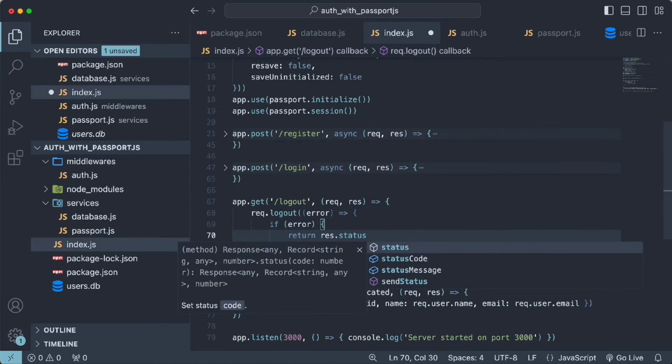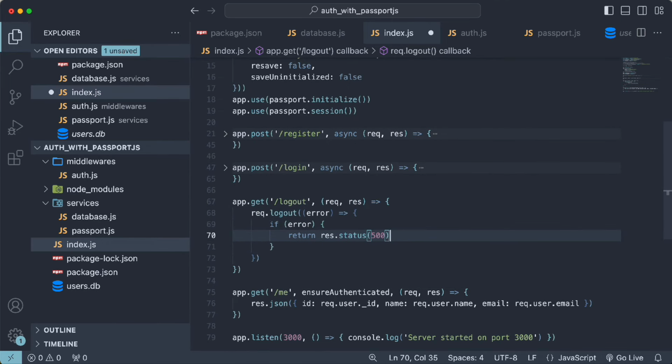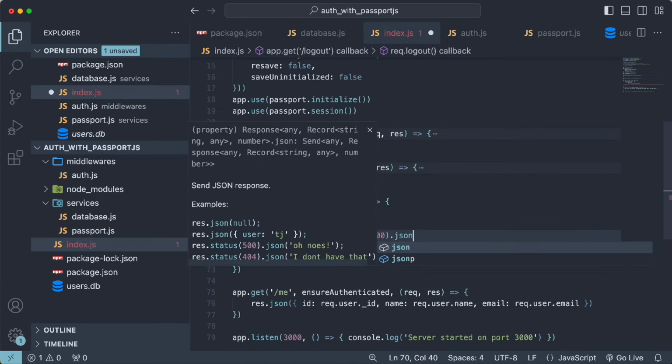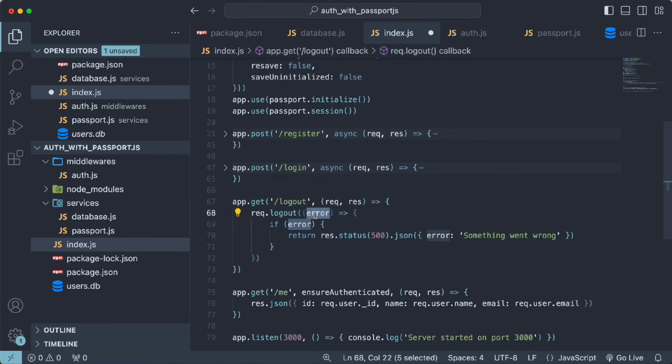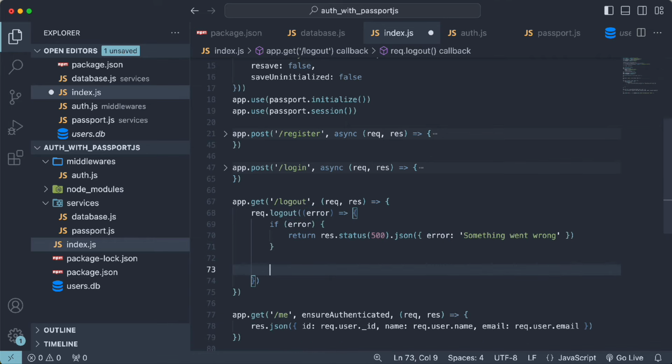response.status, the 500 internal server error with a JSON response, and an error property with a message saying something went wrong. All error parameters that we have, we should store inside a log file or other log system, so only developers can have access to it and not send it back to the client. Okay, if everything goes well with the logout, then here at the bottom, we can send a success response to the client. So I'll call